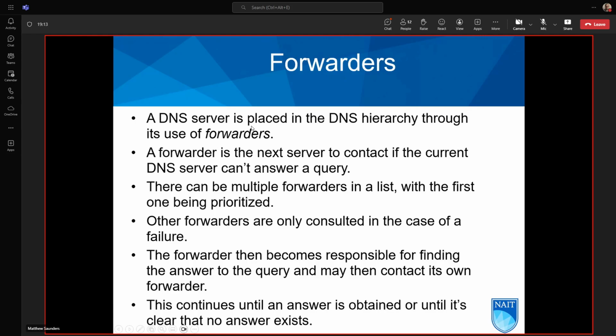Okay, so a DNS server is placed in the DNS hierarchy through its use of forwarders. The forwarder is the next step of contact up the chain, right? There can be multiple forwarders in a list, with the first one being the go-to. Other forwarders are only consulted in the case of a failure, and by failure, I mean failure to contact, not the server coming back and saying, this doesn't resolve to a domain name. So it coming back with a negative answer is not a failure. It's the lack of an answer which is a failure,